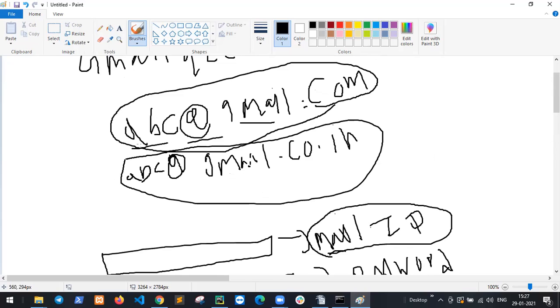Validations means, first of all, three or four, five, six, seven, eight, no limit of characters. And it is mandatory to use at the rate, gmail, and to use dot and dot com. There are three mandatory terms: first Gmail at the rate, then dot, and then com. Check whether these mandatory ones are present or not.